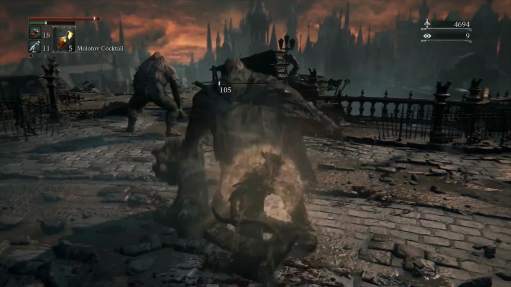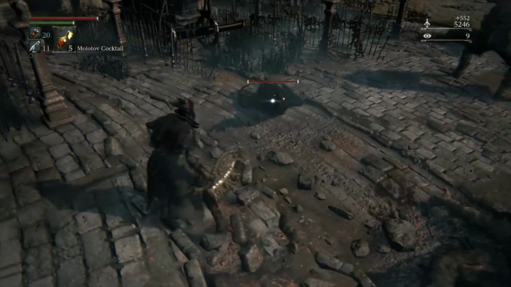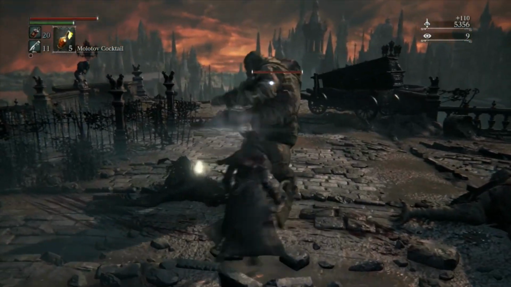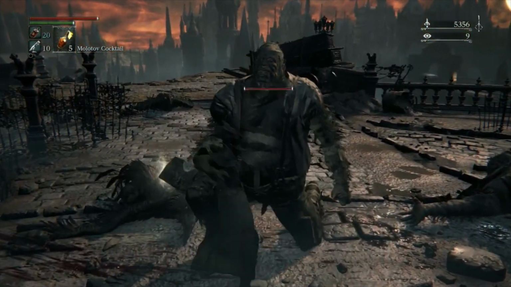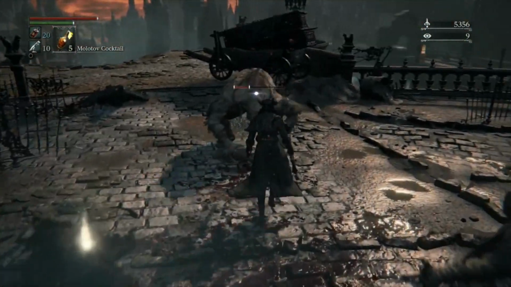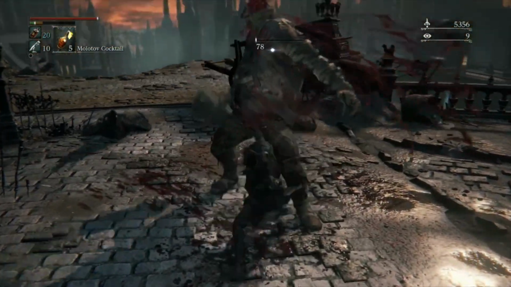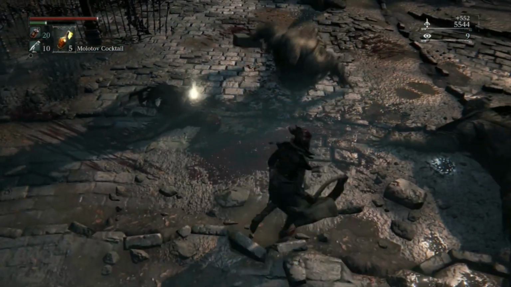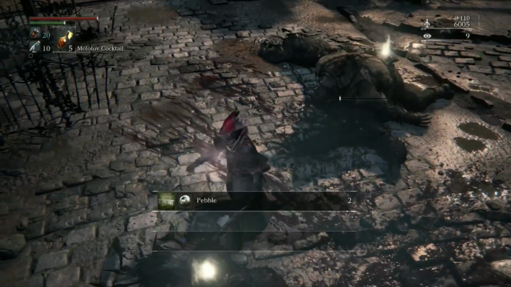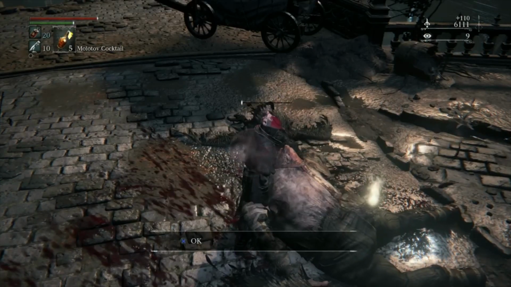Oh! Alright, got some health back. Got a couple more blood vials. Man, these crows won't let me get a sneak attack visceral. Yeah, he's a little more tanky than the ones in Central Yharnam. Here's a couple pebbles. Buzz off bird. More blood